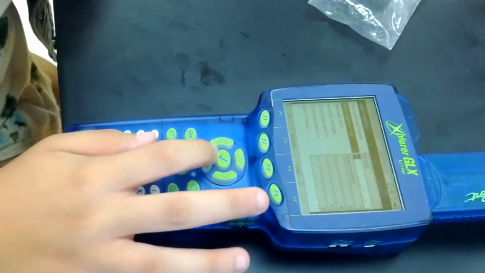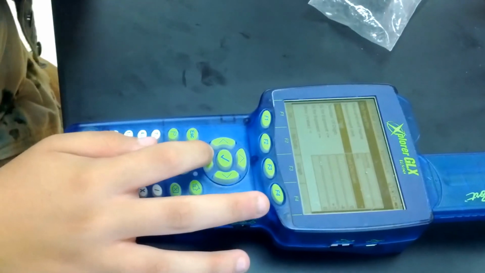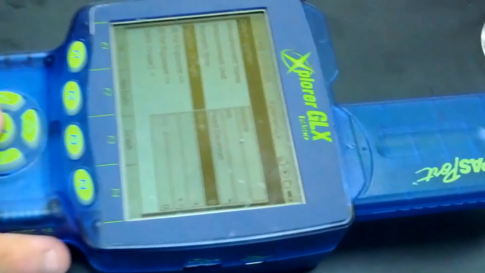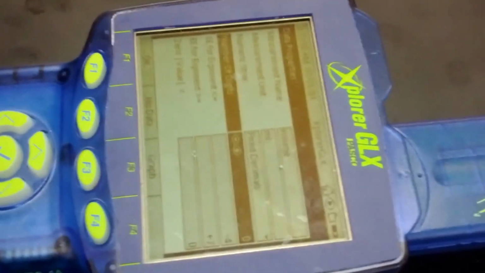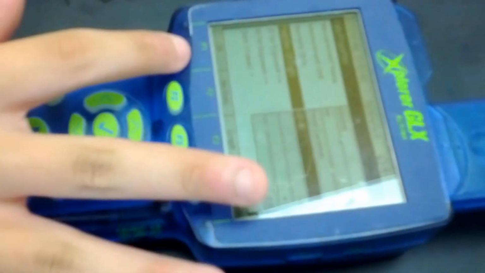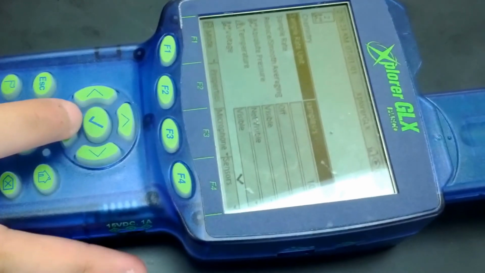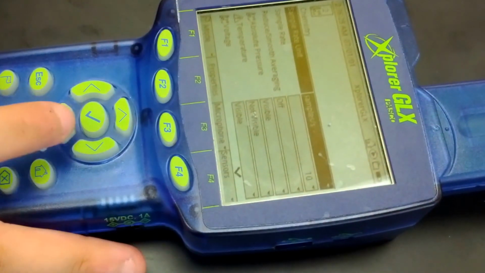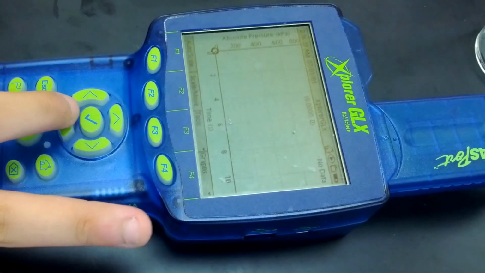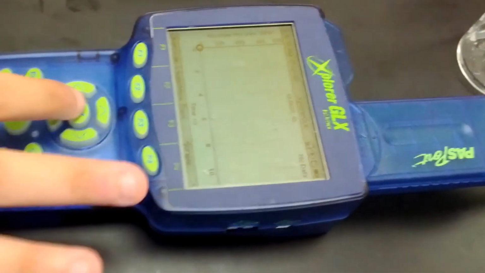Okay, check. Then we scroll down to number of digits and press plus for one digit beyond the decimal, then check, then F1. Then we go to the home button, press F1 again, and we get a graph here. Then we press check mark,